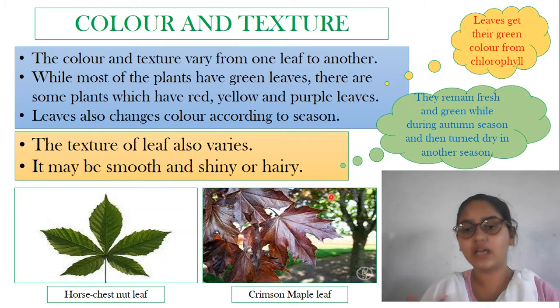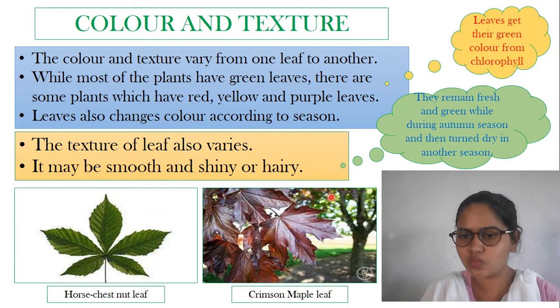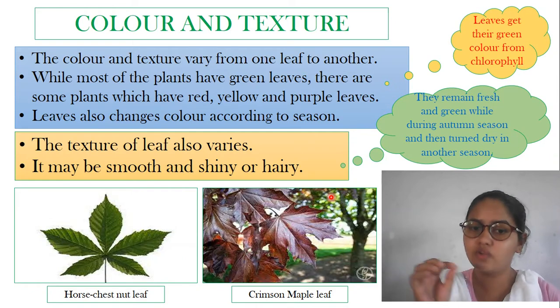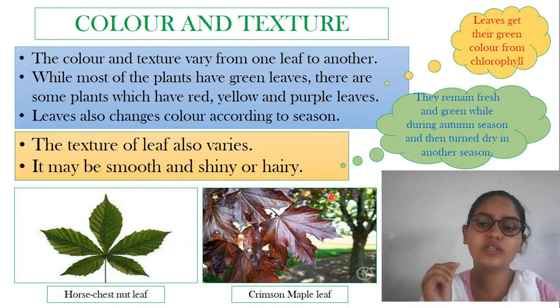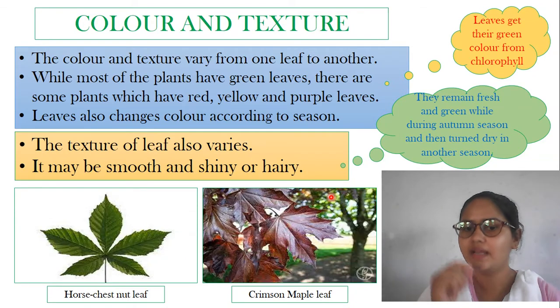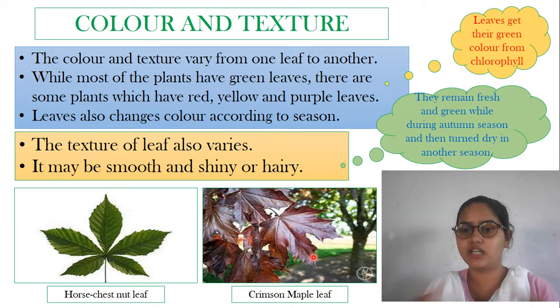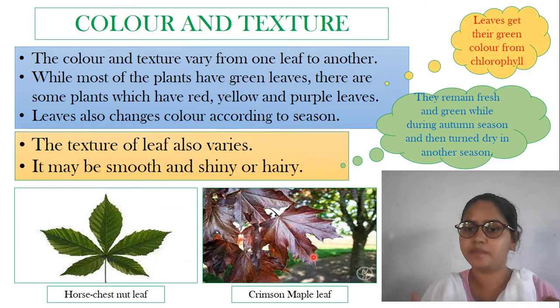And as earlier, I also gave an example of the rose plant. You can see the rose leaf is very hairy, right? That is not so smooth. That is hairy. And when you take a tulsi leaf, that is also very hairy and not so smooth. When we take a smooth leaf, just like that maple leaf, these are very smooth, right? And these are all shiny. You can see the texture, that is shiny red, right? And they are also smooth. That's why they have a different texture. They have a different kind.